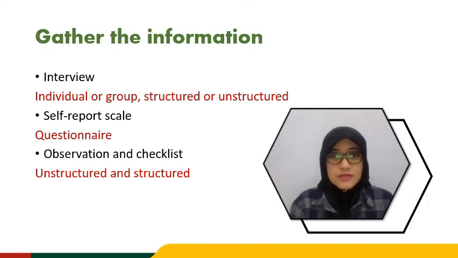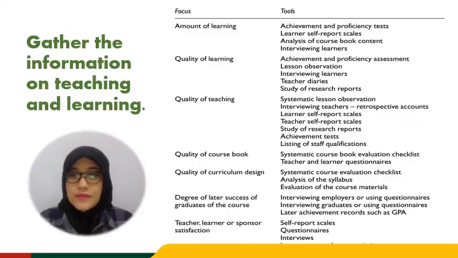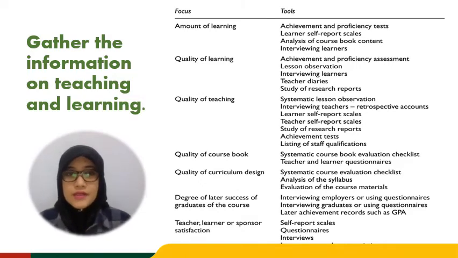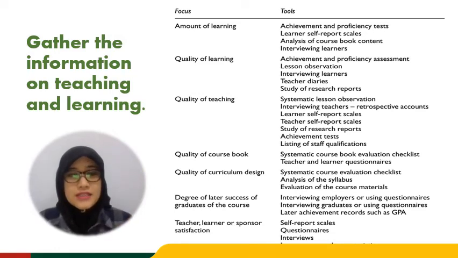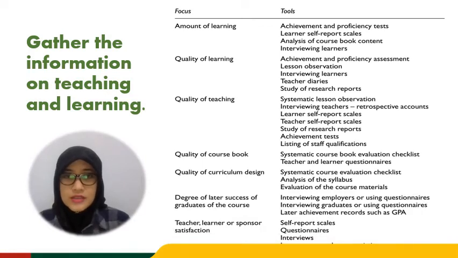But you need to remember that data gathering is not only done in three ways. Actually, Nation and Macalister also give some examples, a list of things to gather information. For example, this one is for teaching and learning. As you can see here, data gathering is not only done by observation, interview, and checklist, but we